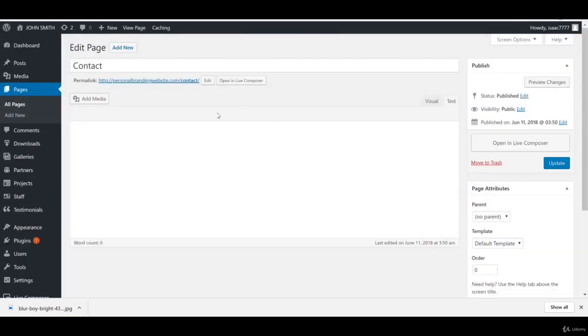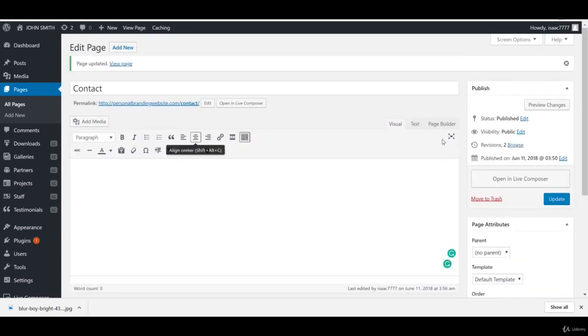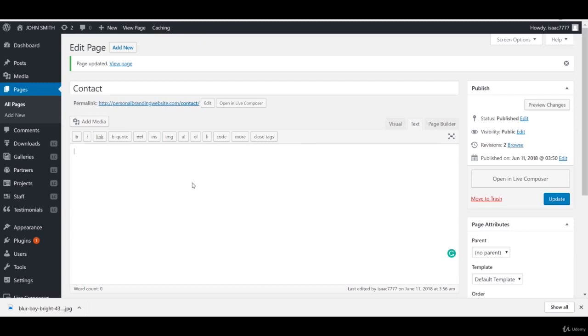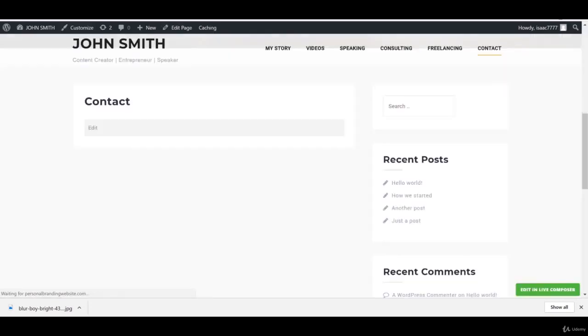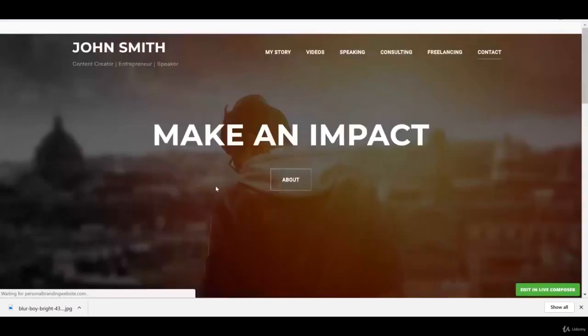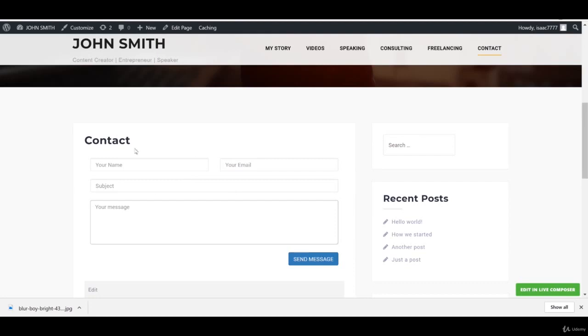and what it's going to do is bring you to our page here. Make sure you select text. Okay, so what you want to do is go to text, and paste in that code that you had before, and then hit update. Okay, once that's done, hit preview changes, and it's going to take you back to our site here. Once it loads, you'll now see that we've got a nice little